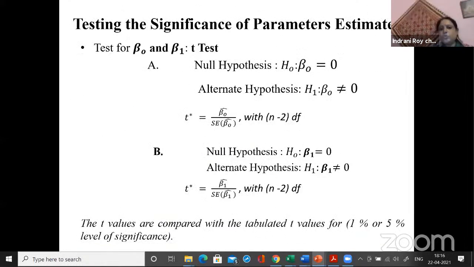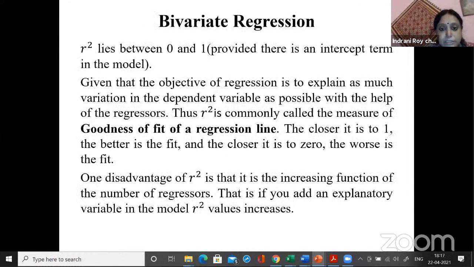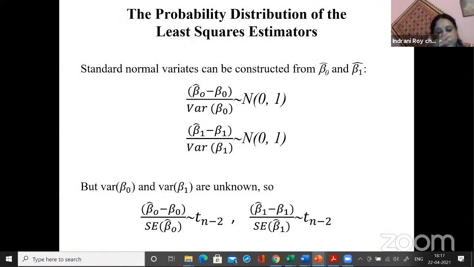Yes. Two or three things are required. So first is this one. Apart from this regression, let us do this one first and then I'll do the other. Now you have estimated your beta naught and beta 1. Once you have estimated, you claimed that this is the best fitted line, your regression line.